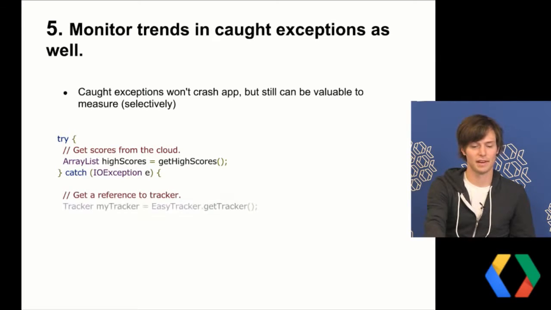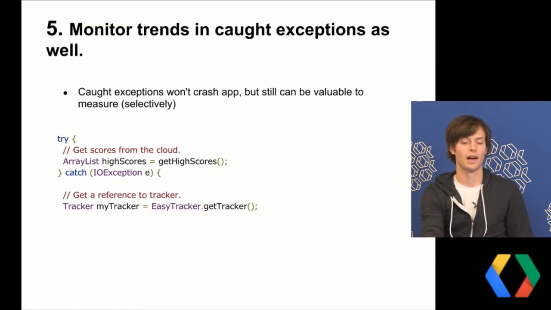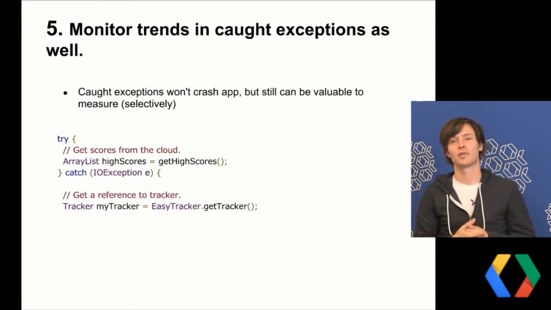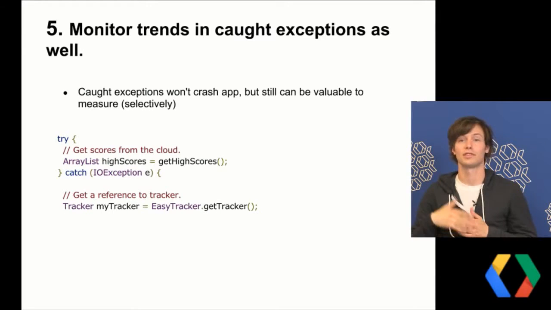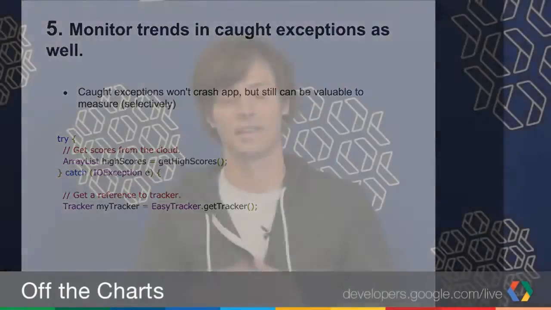Just a small code snippet here. Suppose this is from a game. What's happening here is that I've got a list of high scores that are stored in the cloud, and when a user finishes a game in my app, I want to be able to request those high scores and show them to the user. Now, I'm expecting that this might throw an exception because for some reason the high scores might not be available, the server might not be reachable, etc. So I've set this up in try and catch blocks.